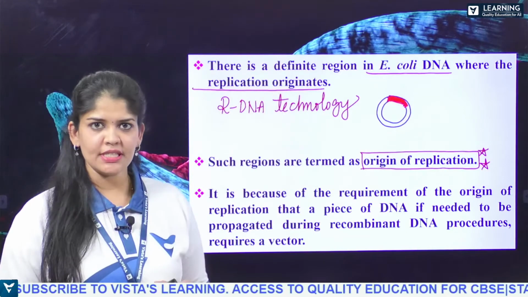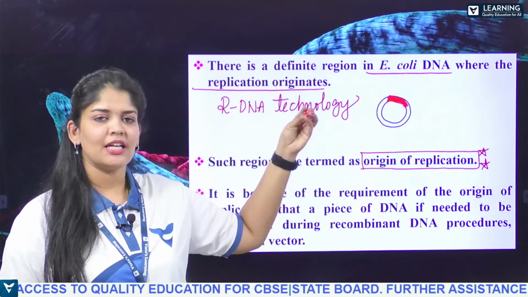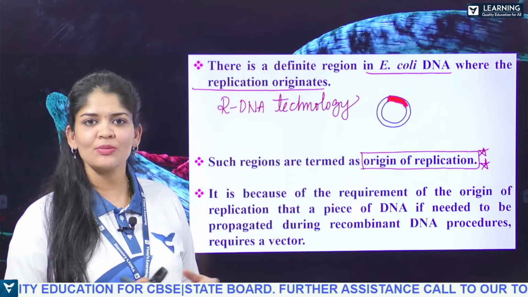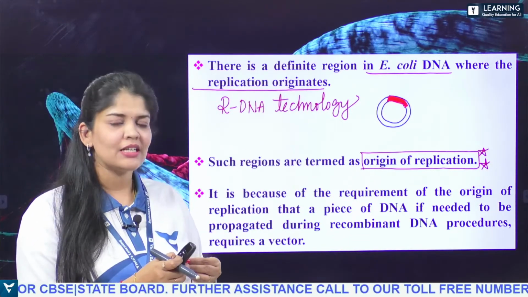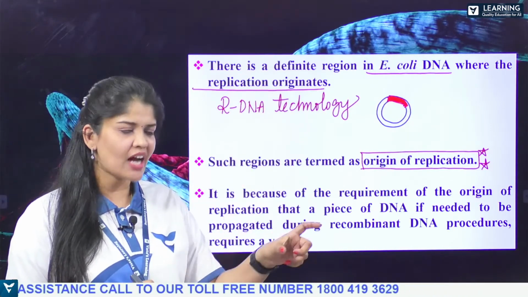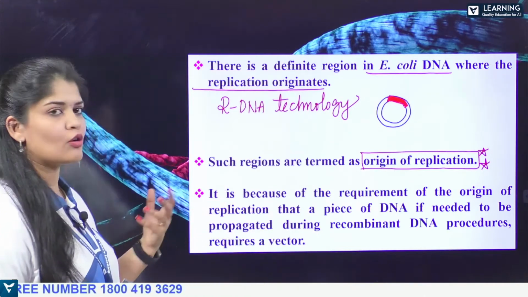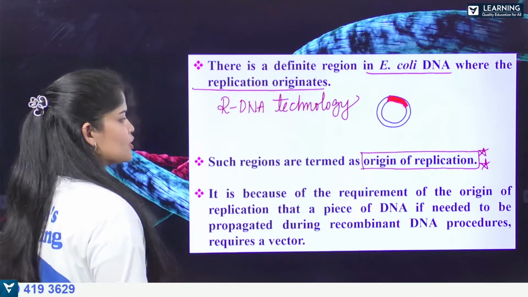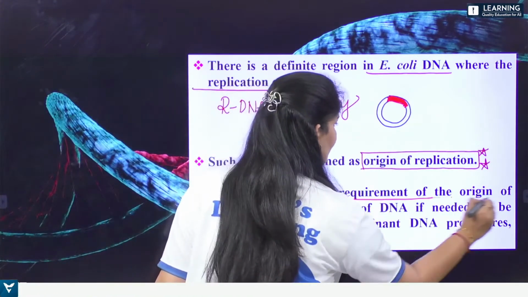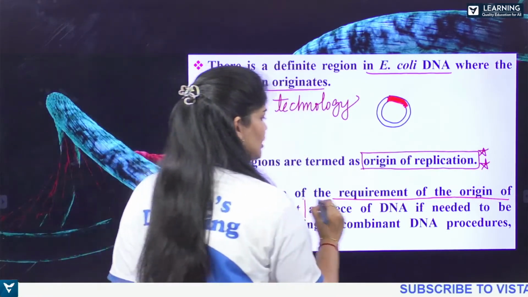The gene of interest has to get doubled if the origin of replication is present, because it needs the DNA replication to initiate, it needs an origin, and that origin is nothing but a replication spot, origin of replication. It is because of the requirement of this origin of replication that a piece of DNA, what we call a gene of interest,